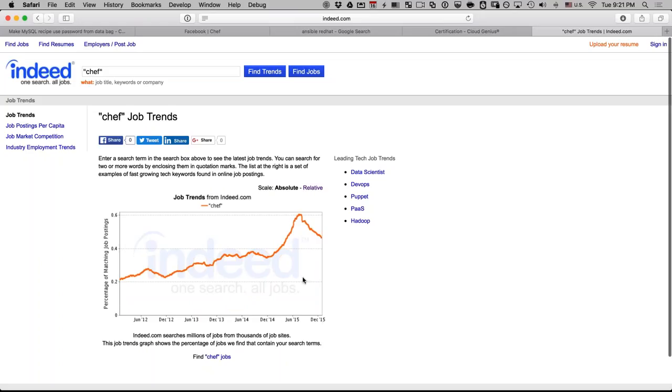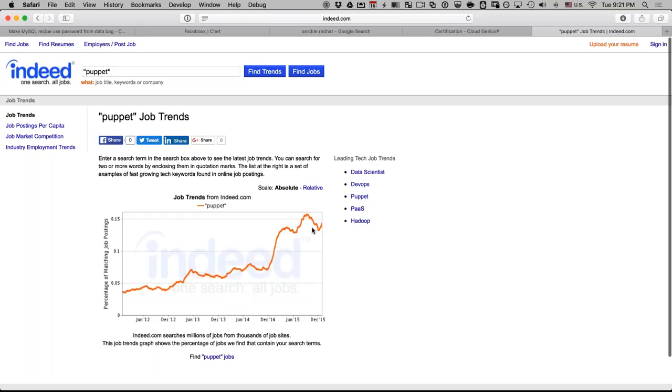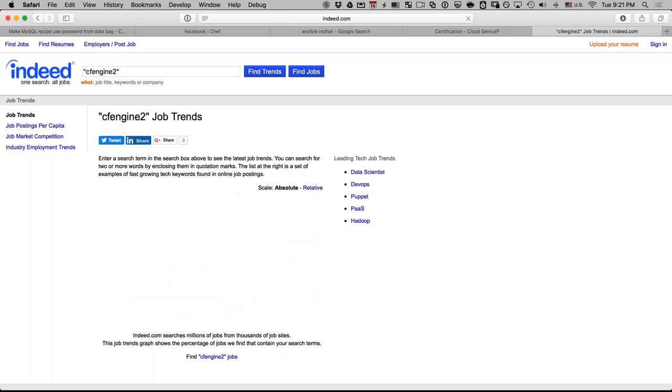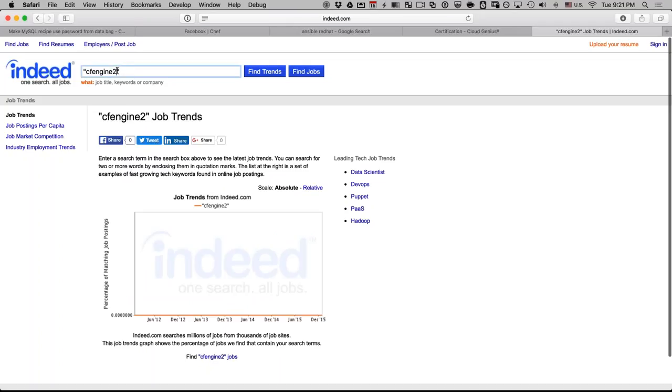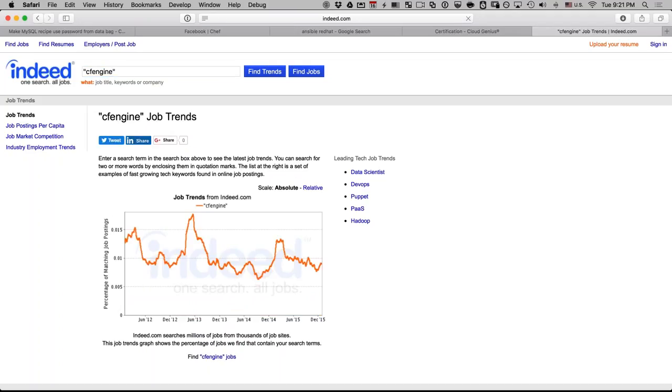In the second half, it kind of came down, the demand for Chef. By the way, we are talking about Puppet now. We'll look at what Puppet is doing. Puppet has kind of stabilized. Let us look at CF Engine, and the demand for CF Engine is kind of low. It's kind of sluggish and even trending towards low. CF Engine jobs. Let's look at